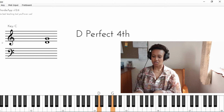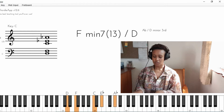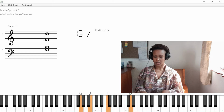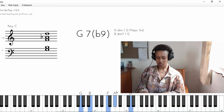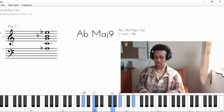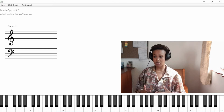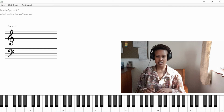Actually, let's put the 9th in there and put the 3rd in the left hand. That's a nice and full voicing right here. It's got an extension. And yeah, automatically, can you see that we've got a flattened 5th, a flattened 9th, I mean. So you want to take maybe those 3 voicings, first do root position, and then you try 2 different setups